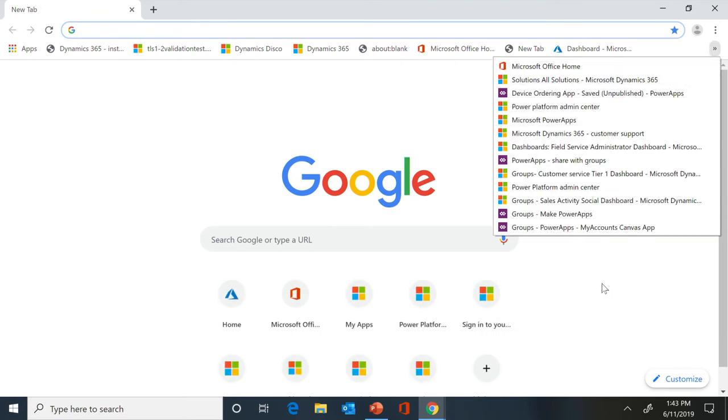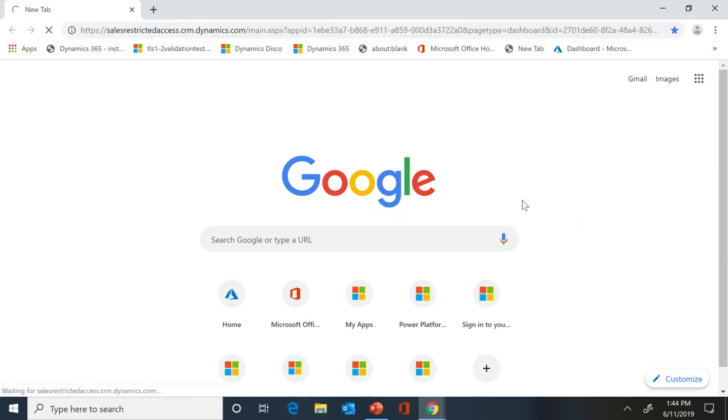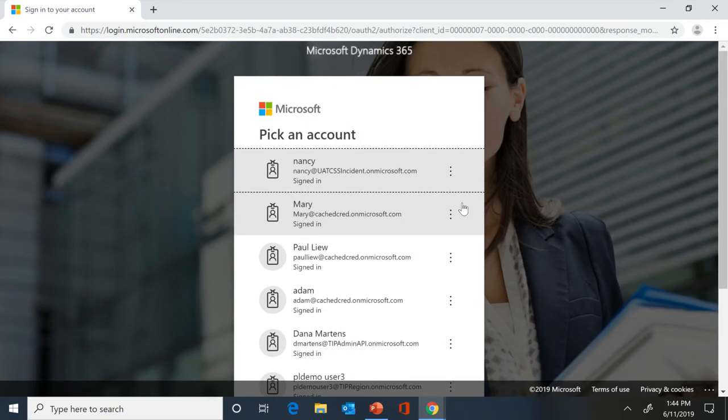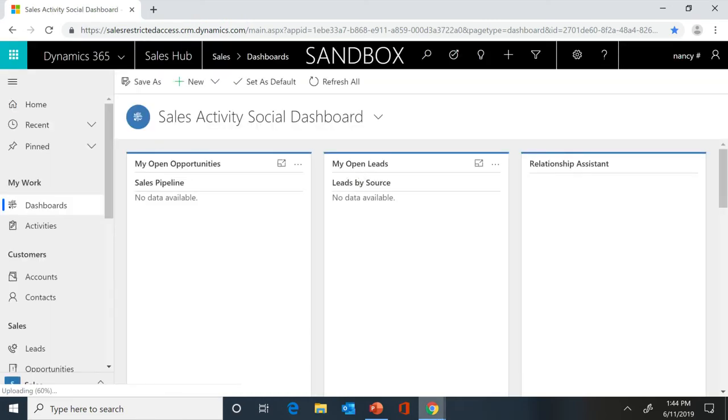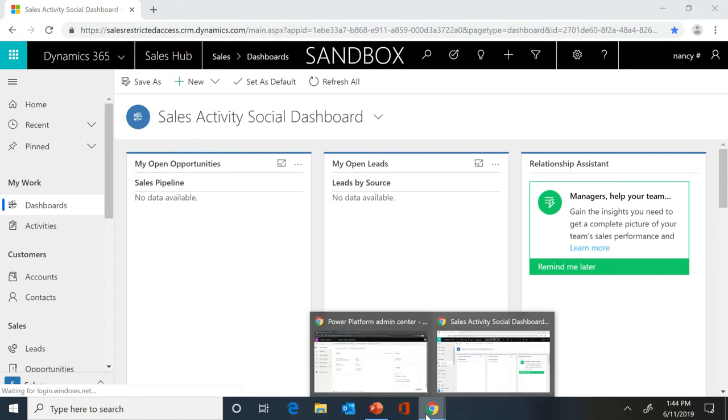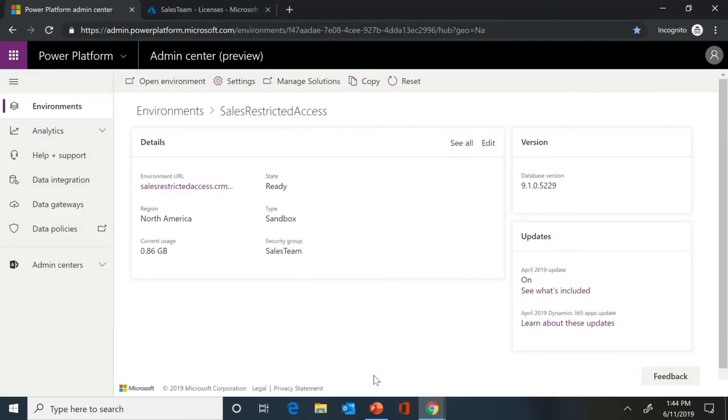It should be group sales. So Mary can log into the environment. And how did she log into the environment? The reason she was able to do that is because I created something called